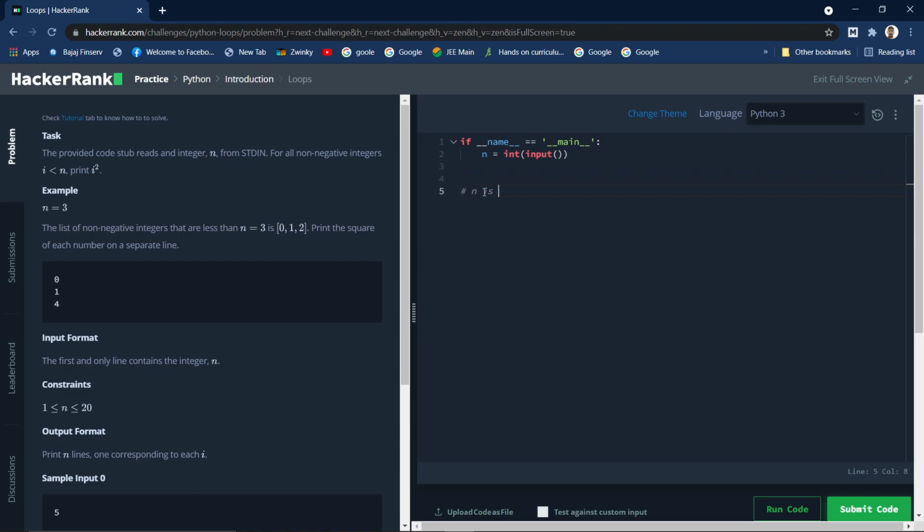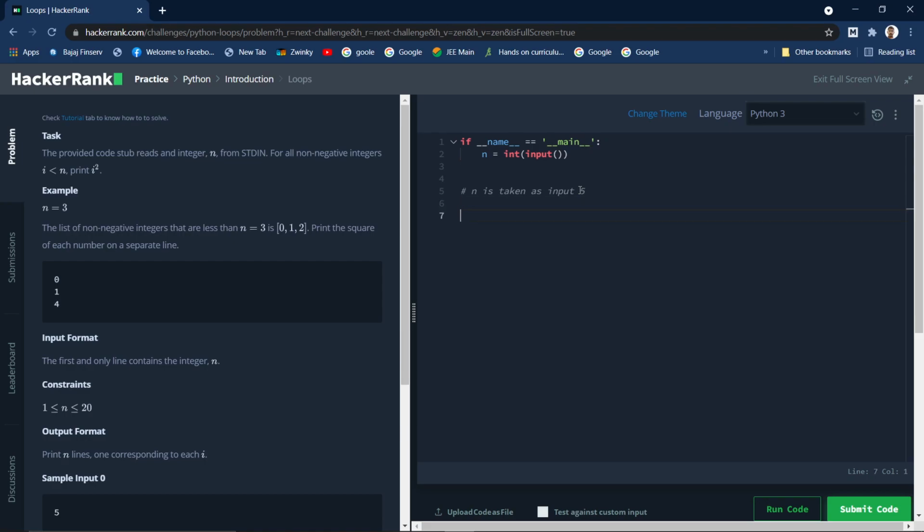So n is taken as input. n can be anything non-negative, but let's say 5. What we need to do is print all the numbers which are less than 5 and non-negative, not the numbers but the square of the numbers.